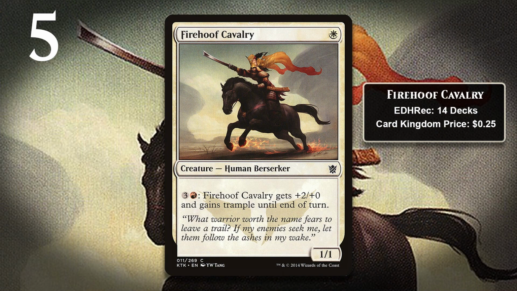At number 5, it is Hoof Cavalry. This is another 1-mana 1/1 with upside, but like I just said, a 1-mana 1/1 really has to have significant upside to be worth it most of the time, and this doesn't do it either. Its ability is very expensive and doesn't even do anything to save the cavalry. It just lets it do more damage. I mean, if your opponent blocks this with a 2/2, you have to pay 4 mana just to make sure that it ends up being a trade,